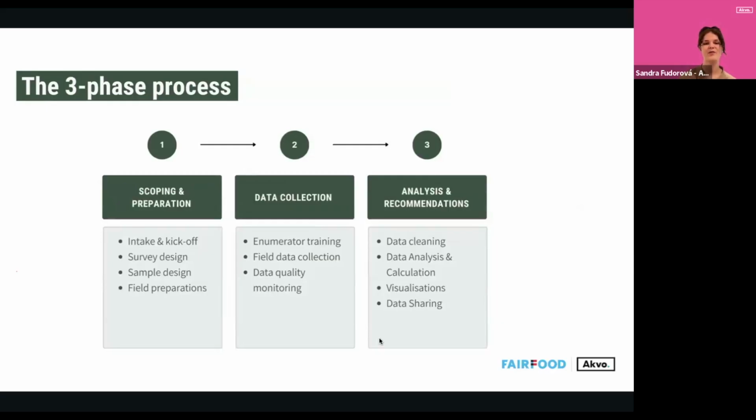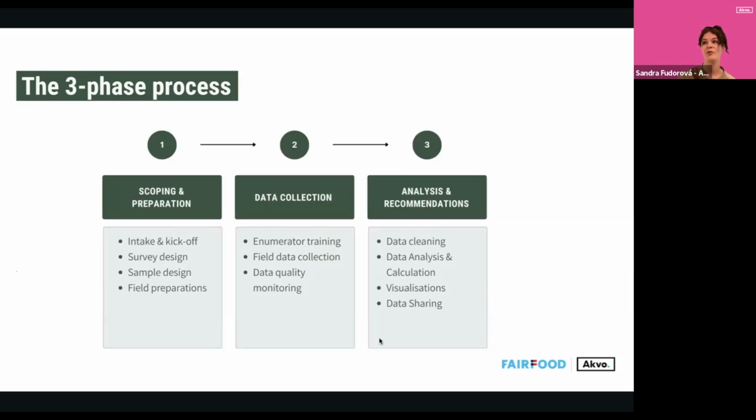But the first part of the process that needs to occur is your scoping and preparation, which is really the part that determines almost the success of the entire project, as it is the place for you to decide alongside your other stakeholders what it really is that you want to be collecting data on. So in this stage, it's important that everyone gets to meet, all the relevant stakeholders are engaged. If this is a project that you're doing for someone else, you might strongly consider getting some local expertise on board and making sure that you are getting all the insights necessary into any kind of crop country combination that you will be working with, as this really determines all the further steps in your projects.